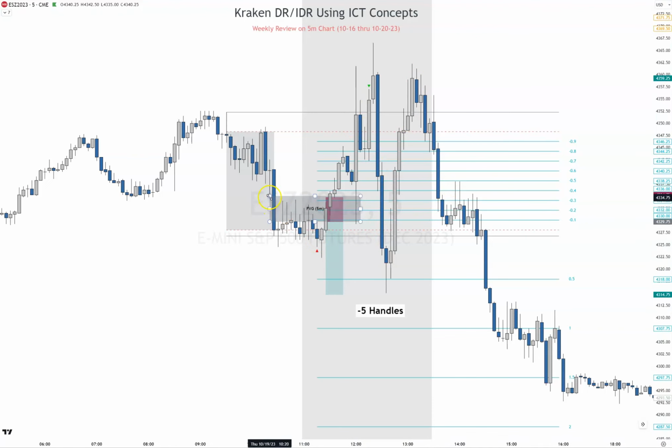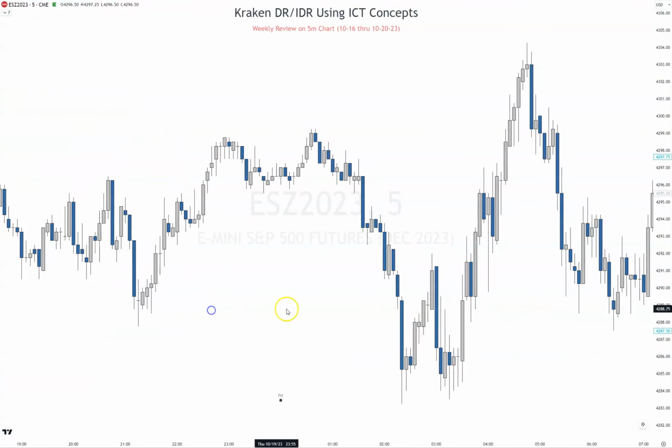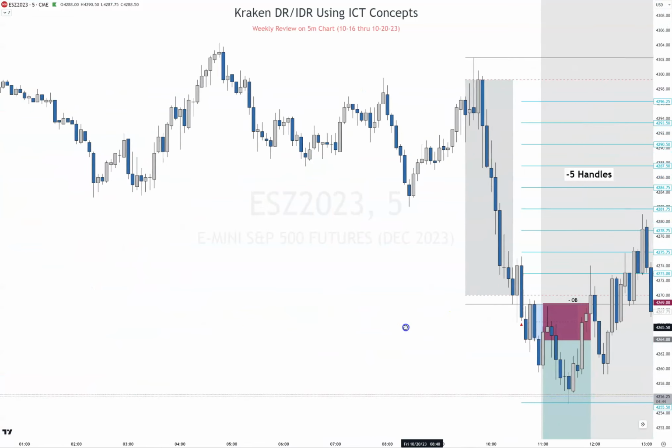But we look left. We have this big fair value gap here. And you could have taken it in the middle of the fair value gap if you wanted. It still ended up being the same result, so it didn't really matter. We lost this trade. Risked 5 for 15. We lost 5, so now we're positive 20 for the week. And that was Thursday. Friday,